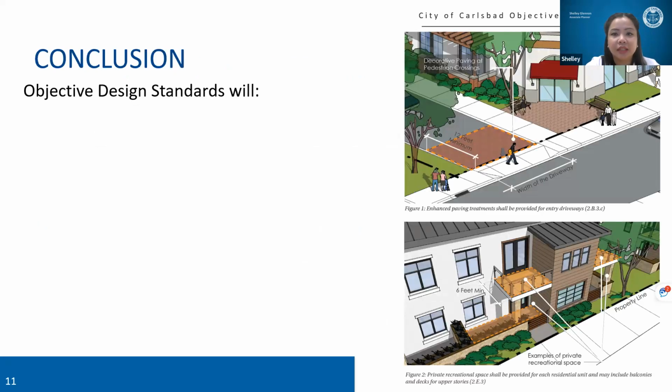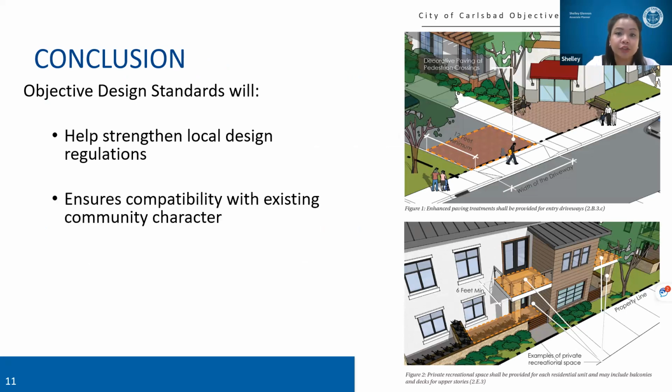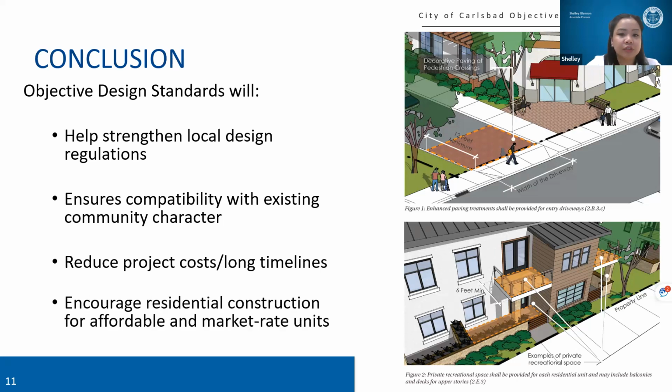So in conclusion, the message that staff drove throughout the entire public review process is that the goals of the objective design standards are to help strengthen local design regulations, since the city currently cannot enforce existing subjective design guidelines for eligible projects, to ensure project compatibility with the existing community character, reduce project costs and long review timelines through implementing standards that provide developers clear direction, thereby creating a sense of predictability. And lastly, to encourage residential construction for both affordable and market rate units